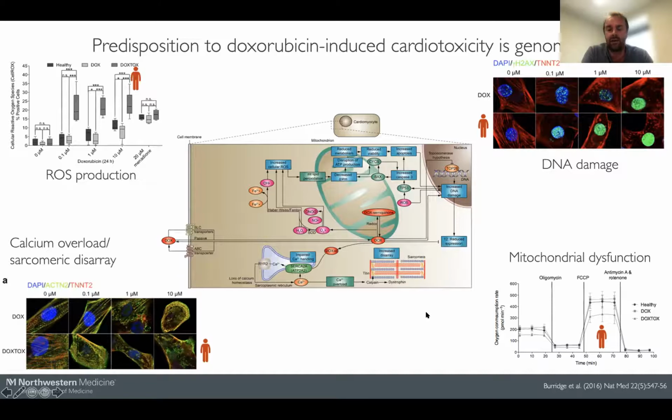And just like all of the other mechanisms, we show that the iPS cell cardiomyocytes recapitulate that too. So this was a little disappointing for us. We assumed that the iPS cell cardiomyocytes would recapitulate one specific function of the cardiotoxicity pathway, but actually it seems that they model all of the different parts of the mechanism. So that's really useful, but also it makes it much more difficult for us to quickly get to the answer of what is the genetic difference between these patients who had toxicity and didn't that is causing this doxorubicin